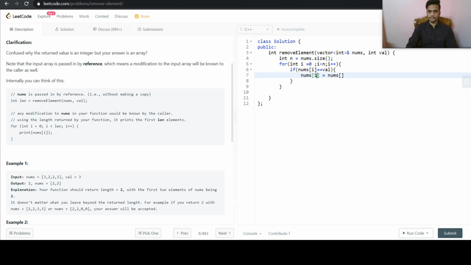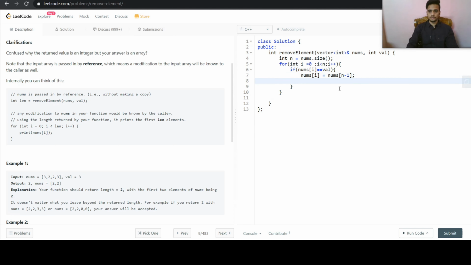So at the current position, that is the ith position in the nums vector, we encounter the value. So what we are doing is replacing the value in the ith position with the last position of the vector. So whatever value is in the last position will now be in the ith position, and we have replaced the value that we were given.